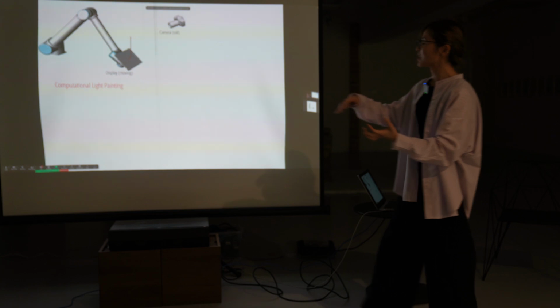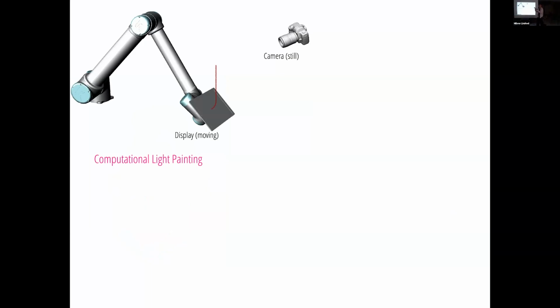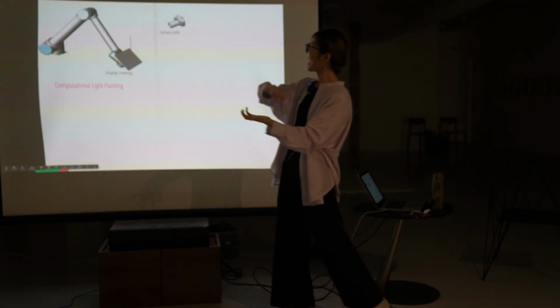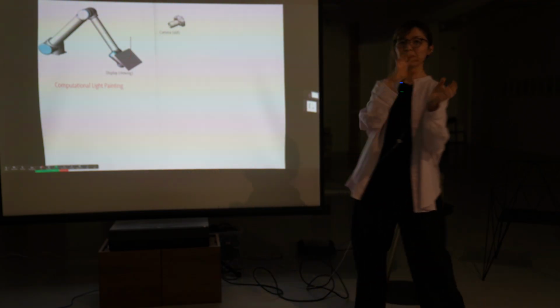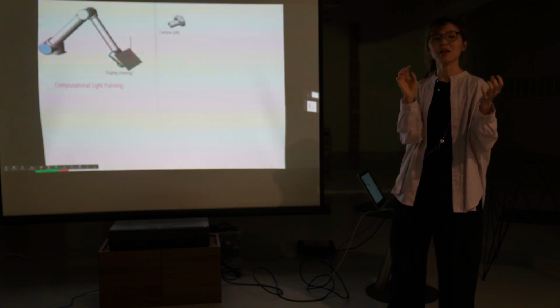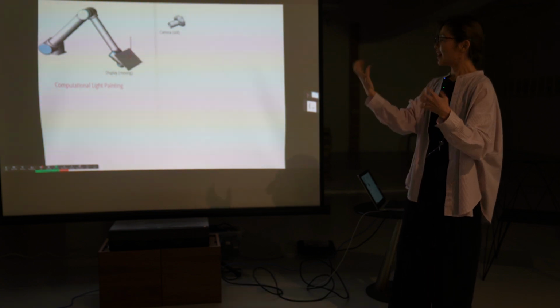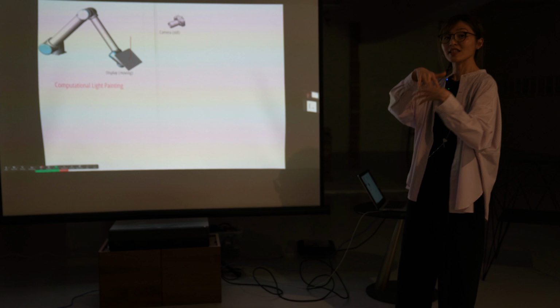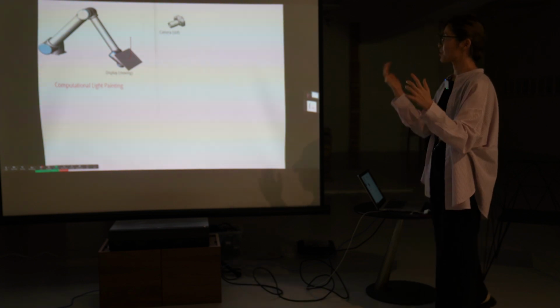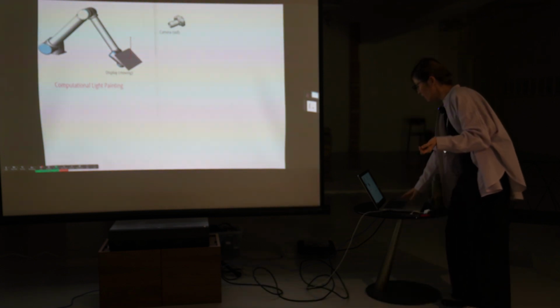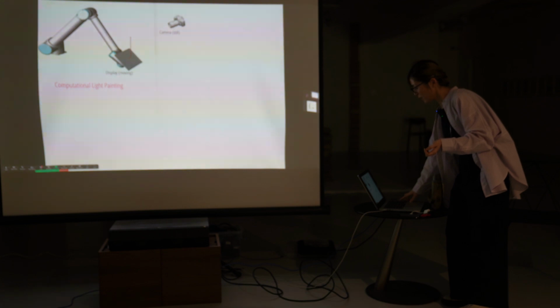So I call this practice computational light painting, because if you can precisely acquire the relative pose of the light source, in this case the display, and the camera, because you can place it in arbitrary position, but once you calibrate them, you can get the 6 degrees of freedom pose, the relative pose of these two